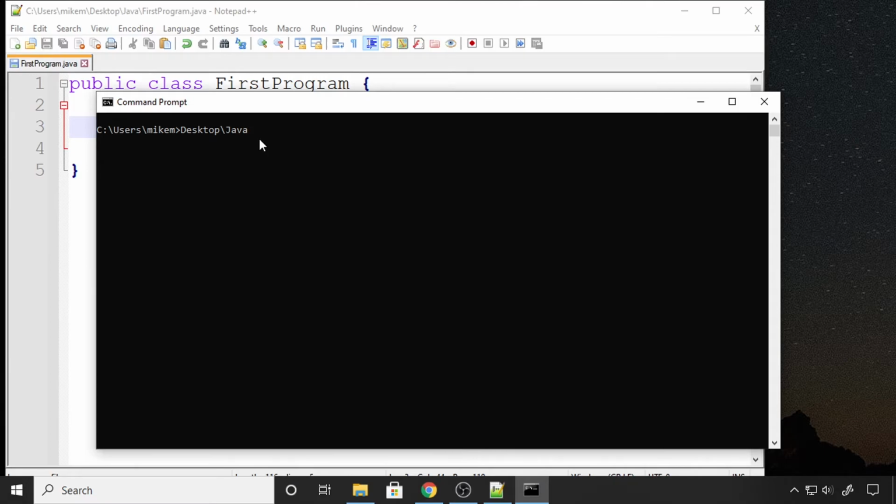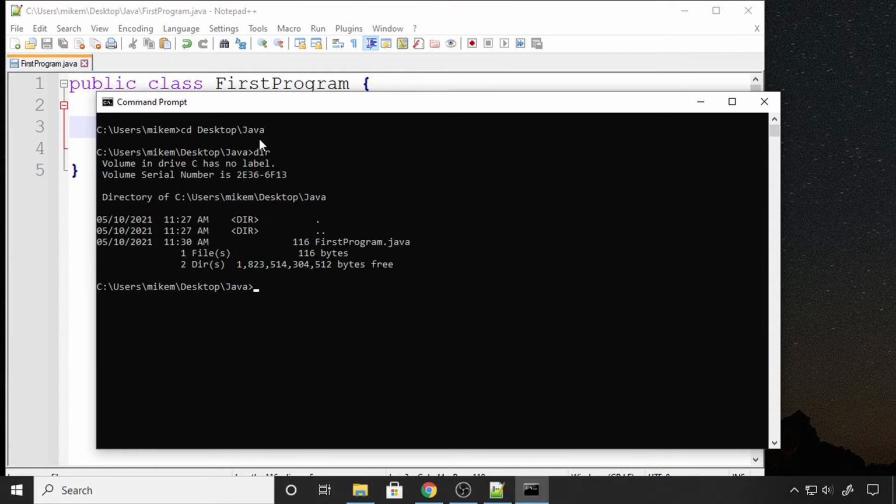Now in order to go inside of the Java folder, I need to type CD in front of this path. Okay, so CD means change directory. Directory is just another name for a folder. So I'm basically saying change directory into desktop Java. I'm going to press enter. And now that I'm inside of this folder, I can type the command dir, and you can see my Java